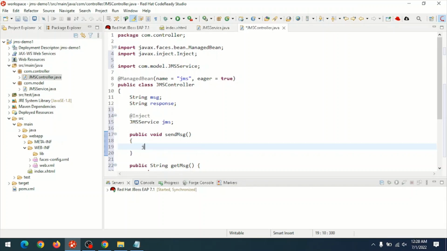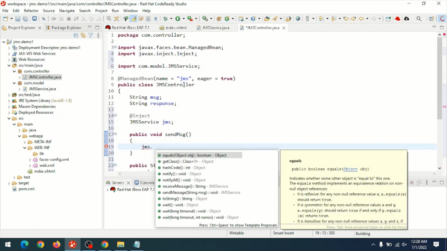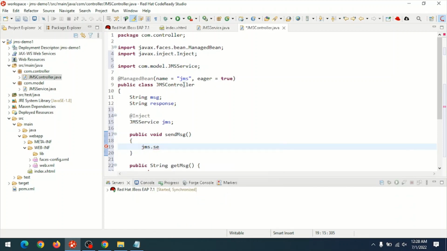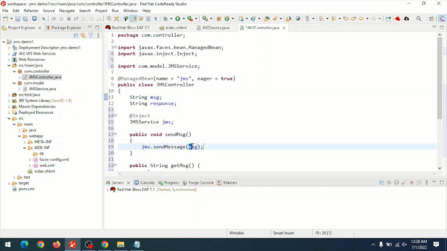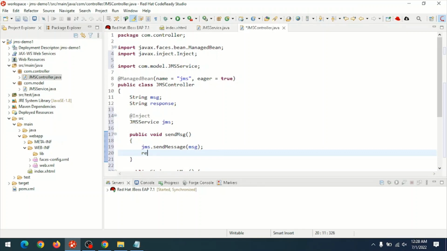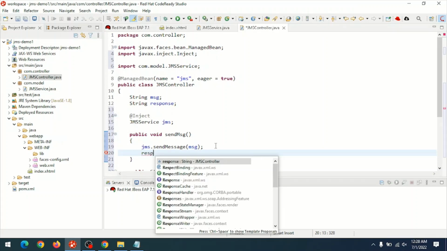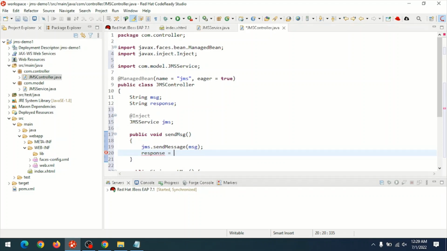Then call the method JMS.sendMessage and pass the instance variable msg as the parameter. The user message is available in the instance variable declared as msg that will be passed as a parameter to the method sendMessage of the JMS service class. And then display the response on the web page by using the instance variable response equal to